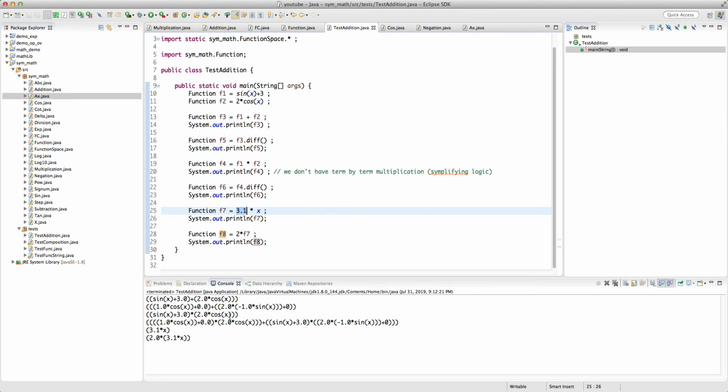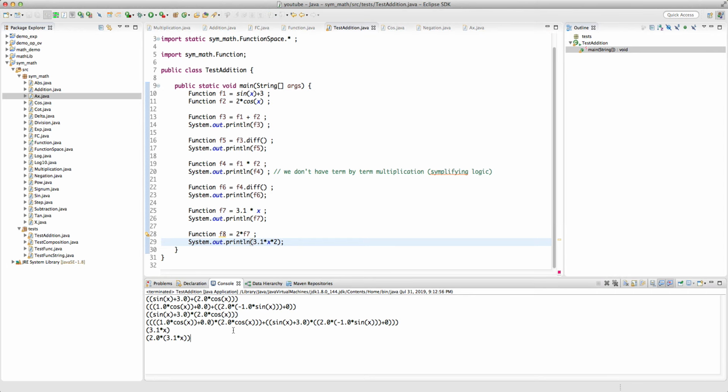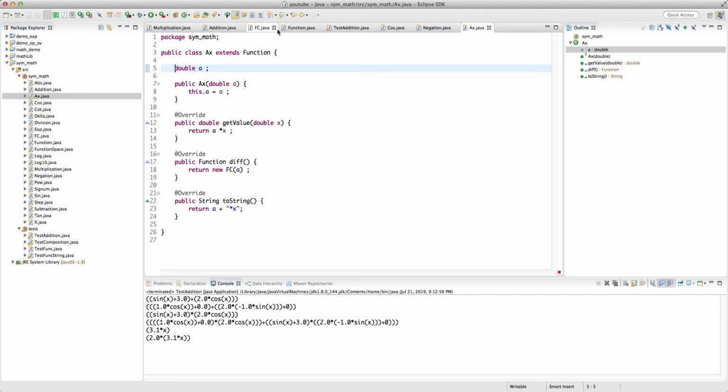Okay, let's test this. The reason this doesn't work is that when we multiply this 3.1 times x, it actually returns a function. That's why it doesn't work. Let's say if I write 3.1 times x times 2, does it work? No, it still doesn't work. And the answer is that